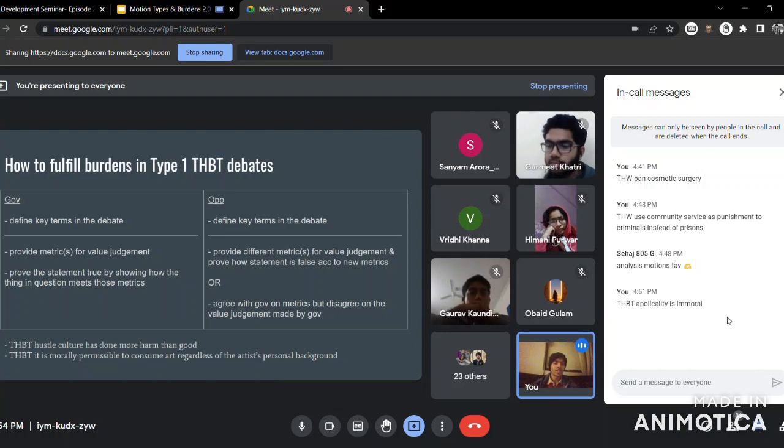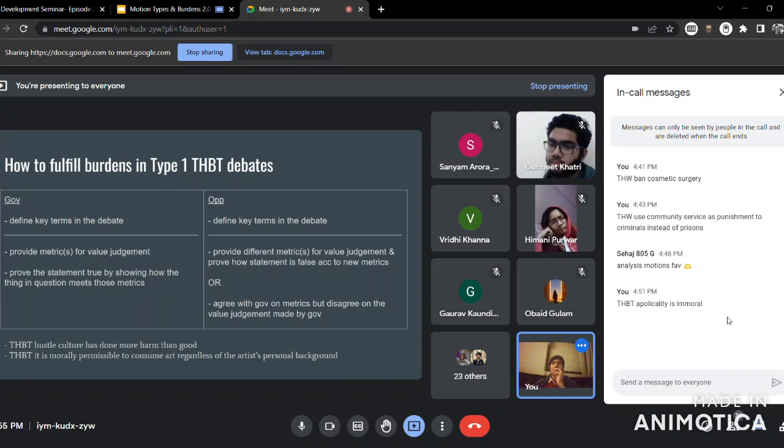Or let's discuss the other example. This house believes that apoliticality is immoral. That's probably a better one to understand this. So, what do we mean by apoliticality? Apoliticality means that people do not have a political opinion or don't express that political opinion. People don't go to vote during elections. They don't protest or upload stories or anything of that sort. They basically stay away from politics and don't get their voices heard in the political process or elections. This is what we mean by apoliticality, right?